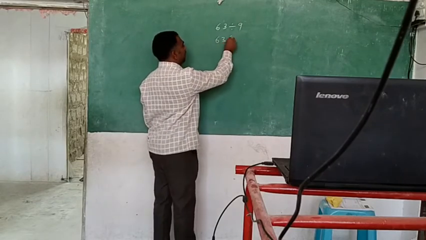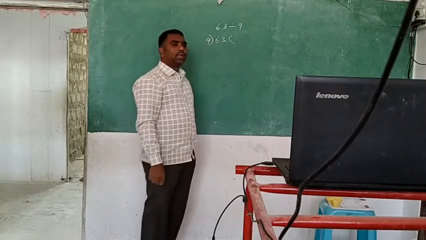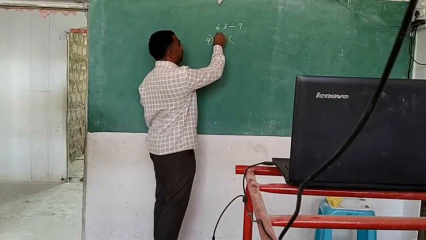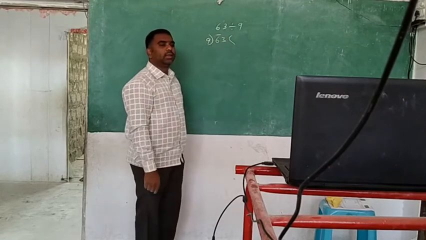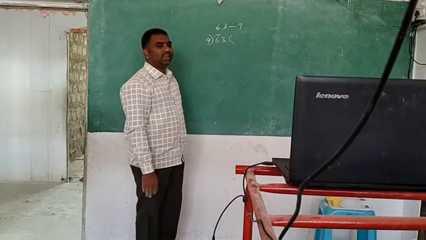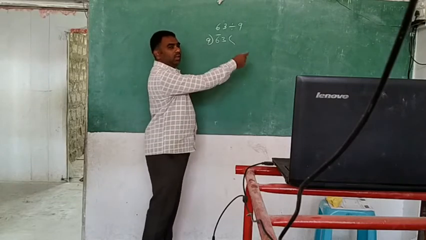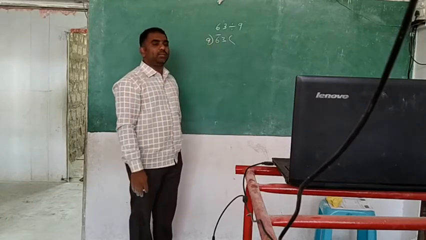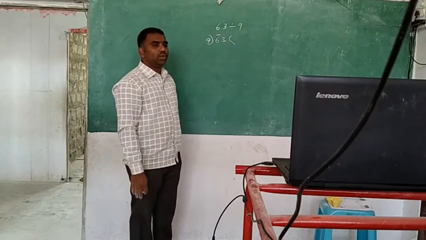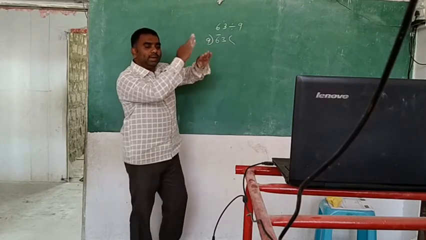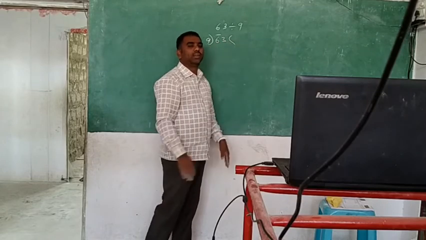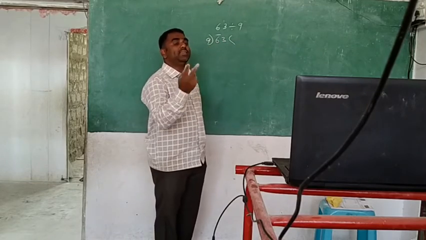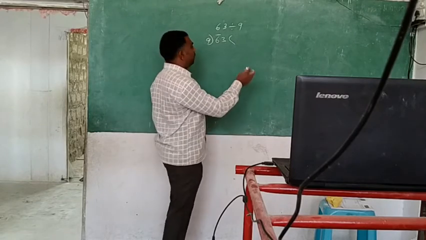You will write 63 and you will take the 9. I said to you, first we will consider only one number. One number you will take here. Sakshika, watch here. In the 9 table, how do you get 6? Do you get 6 in the 9 table? No. That's why what did I say to you? Read the table, take the small one. 9 zeros are 0. 9 ones are 9, which is bigger. That's why what should we take here?